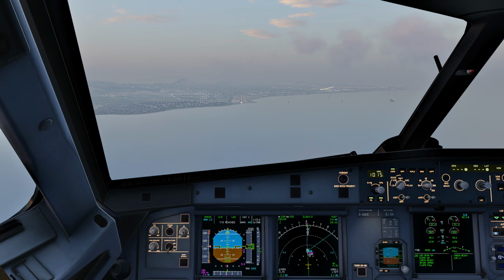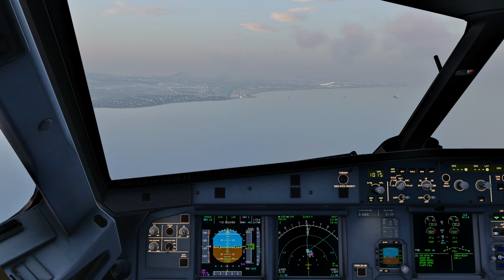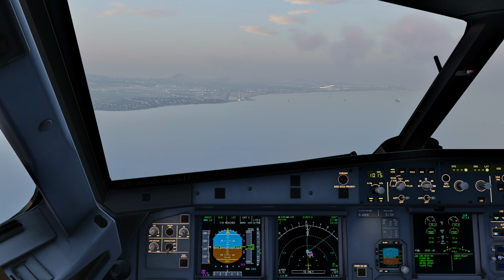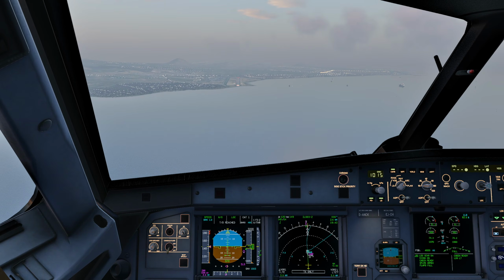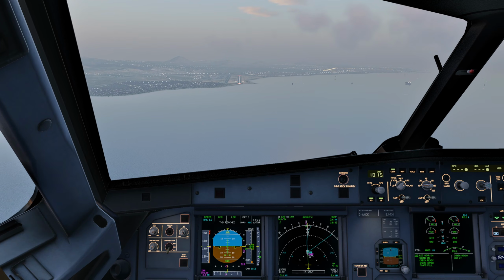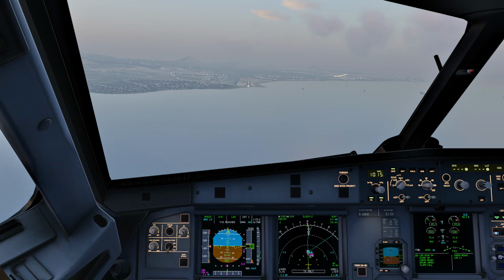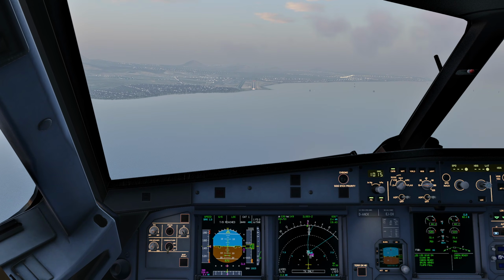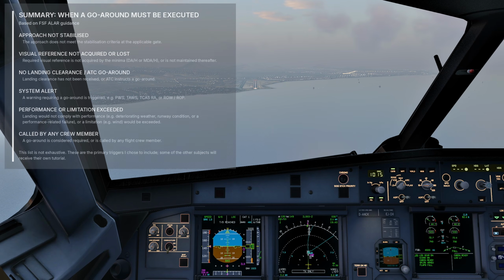Now, if on the other hand you fly on shared cockpit, whenever somebody calls a go around in a multi-crew environment, the go around has to be flown. It's non-negotiable. If you're on short final and your friend calls a go around on you, don't fight him, because that's not the moment to do it. You do the go around, and then as you're being vectored in for the next approach, you can ask him,